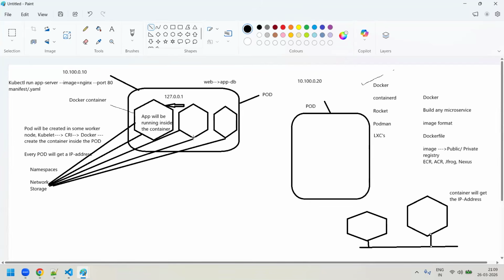Here also we have some kind of networking, which could be either a bridge network or an overlay network. Let's see what that network is all about. Whatever we use for Docker technology, more or less the same thing you'll use for Kubernetes also. But today we have some advanced networking available, where we are using service meshes, and